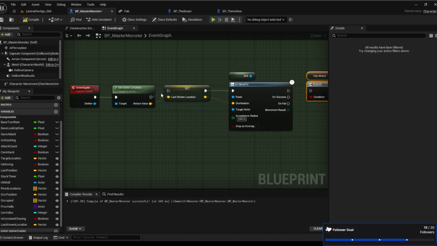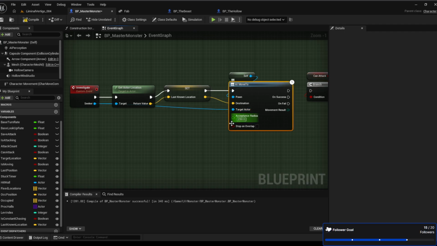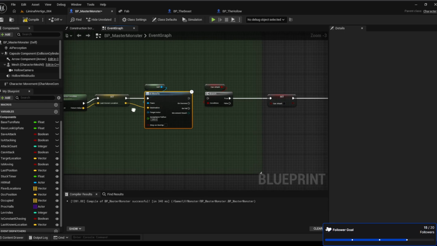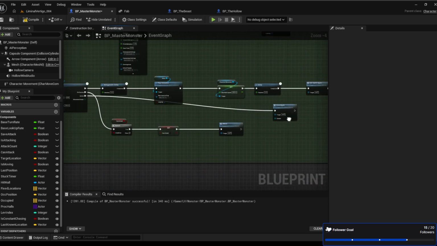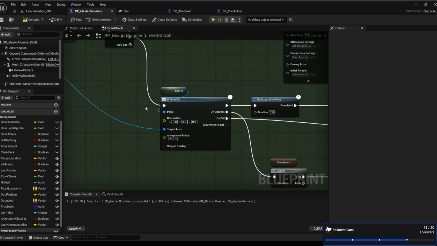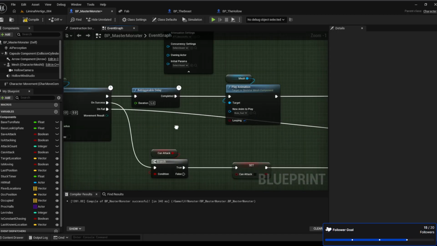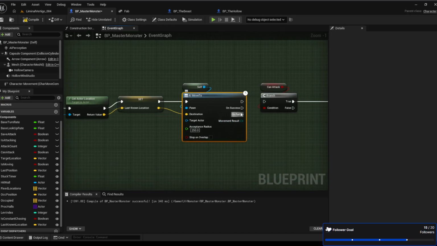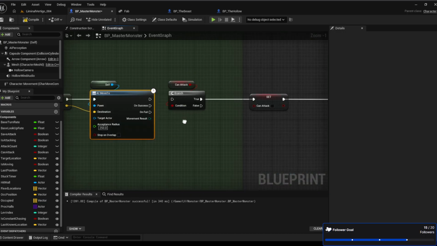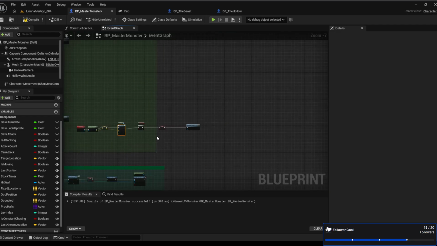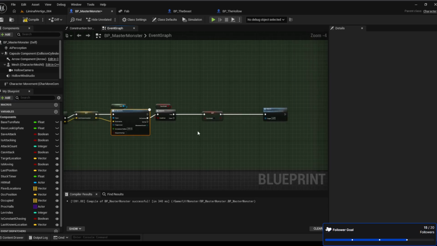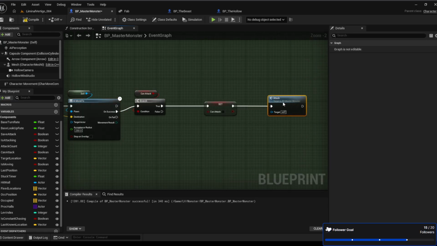Don't know if I want to put target there because destination's already going to be there. So break it. So instead of attack, simply if you get there, then you see, yeah, what if he gets to, okay, yeah, on success we do want to just say attack the player, the seeker, and